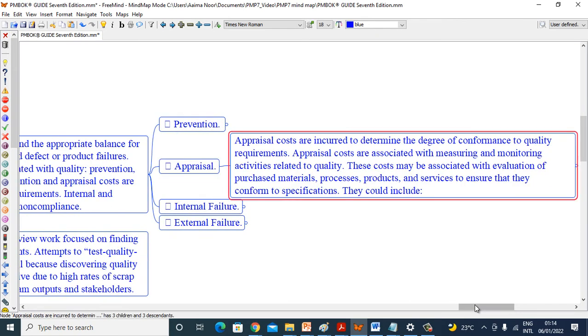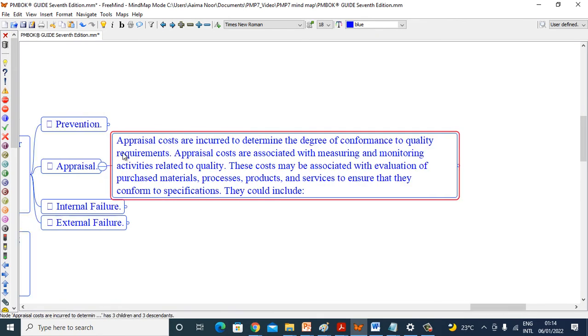Appraisal. Appraisal costs are incurred to determine the degree of conformance to quality requirements. Appraisal costs are associated with measuring and monitoring activities related to quality. These costs may be associated with the evaluation of purchased materials, processes, products, and services to ensure that they conform to specification. They could include